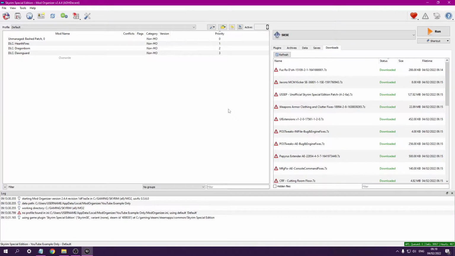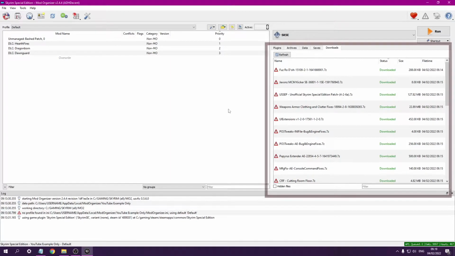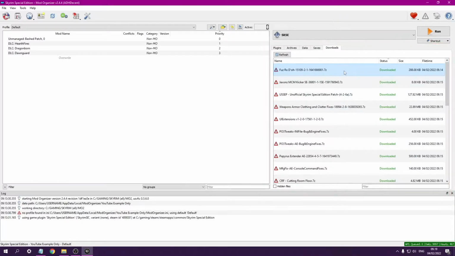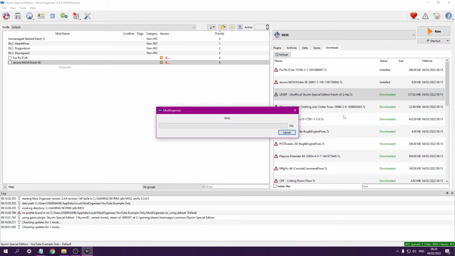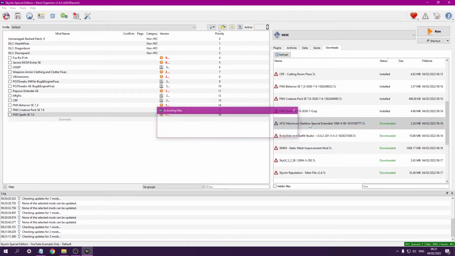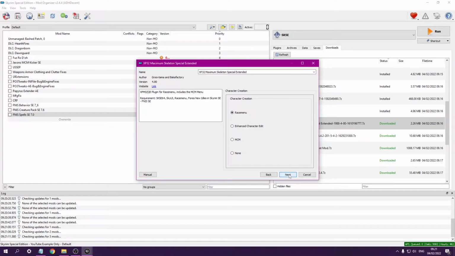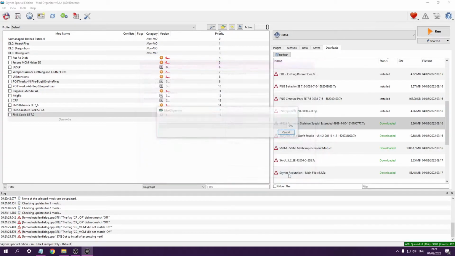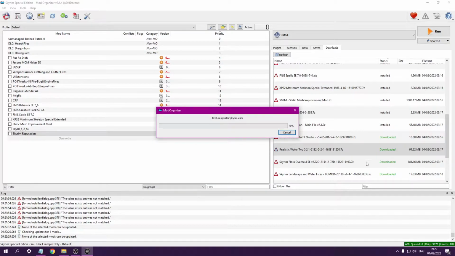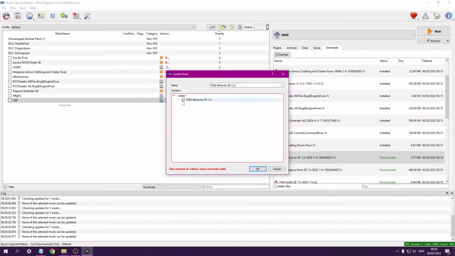So let's start with a basic MO2 instance. I have added a random selection of Skyrim mods just to use as an example for this video. On the right hand side, you will see the mods I have downloaded for this example. These have not been installed yet, so let's start there. As I am installing these, you will see that some present installation windows where you can select a variety of mod specific options. These can range from patches depending on other mods, or personal preferences for textures and designs along with add-on options. So let's fast forward a bit here.